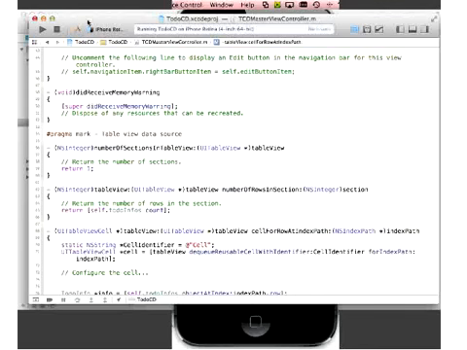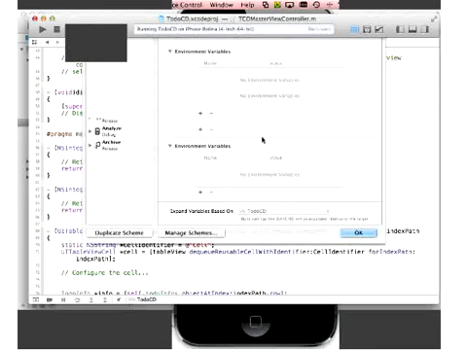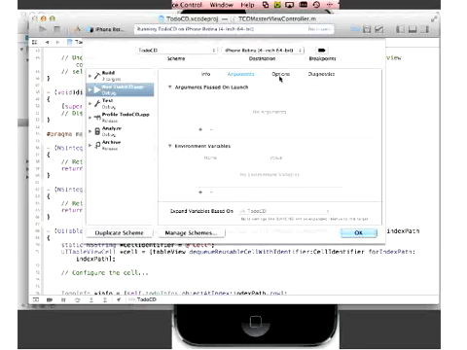Now, what I'm going to show you is the ability to show literally what's happening behind the scenes when you run an application with Core Data. I'm going to edit this scheme, and under arguments, I'm going to add, I think it's right here,